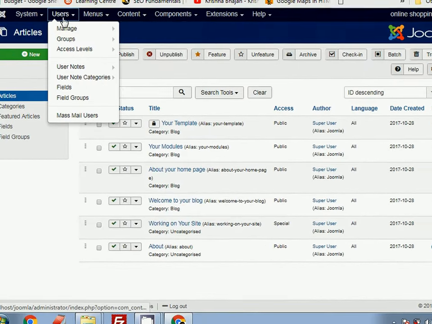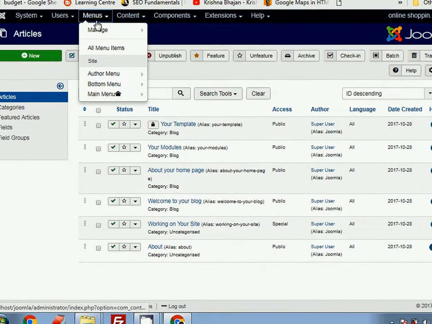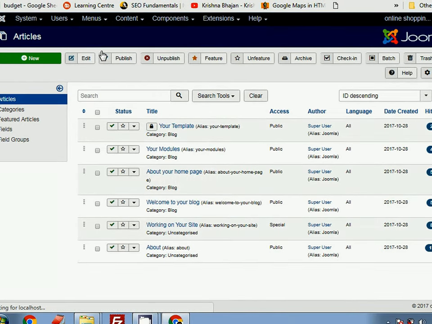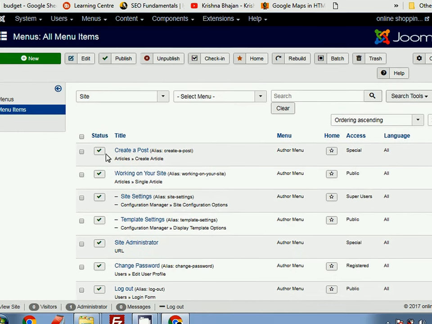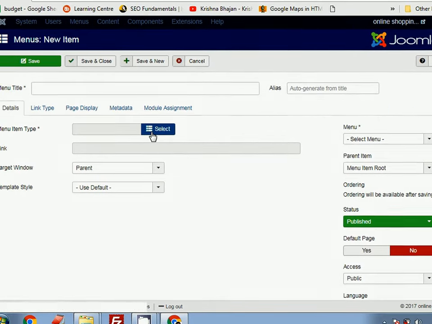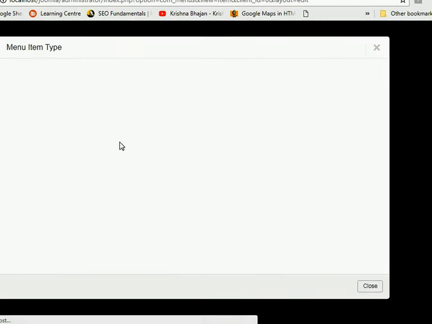So if you go here in the menus section and you go to all menu items, you can see that these are the menu items that are created. You can create your own menu item by clicking on new. Once you click on new, then it will ask menu type.